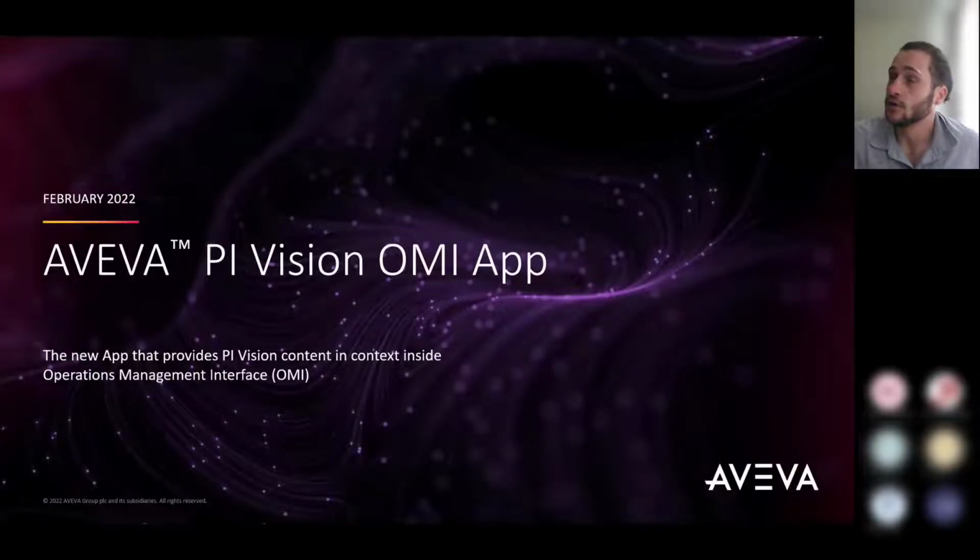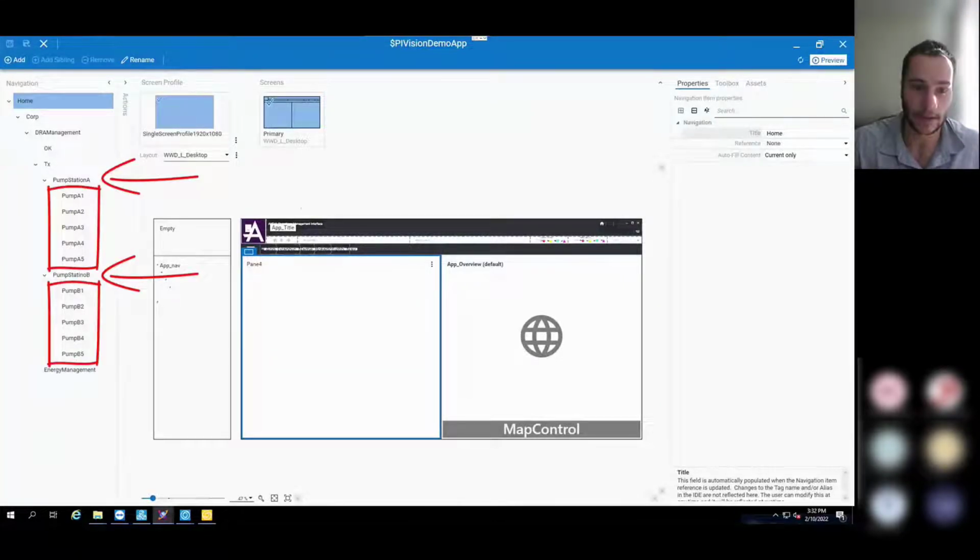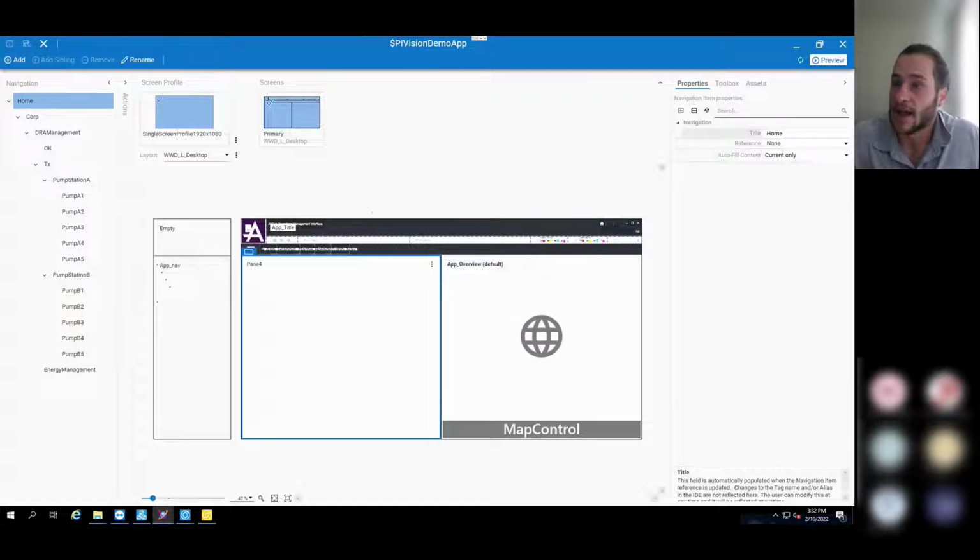So one really exciting new feature with the 2022 software update is the release of the PiVision OMI app. This is brand new, and this app enables you to embed PiVision displays and dashboards into OMI directly. And that actually works as a pane inside of the OMI layout, just like the other panes that you have